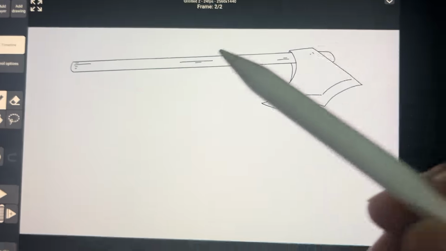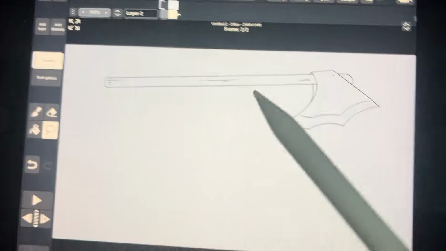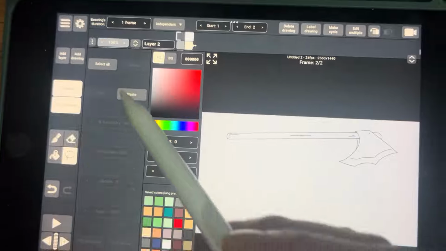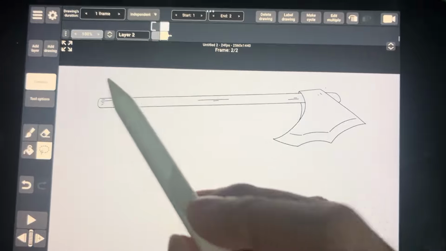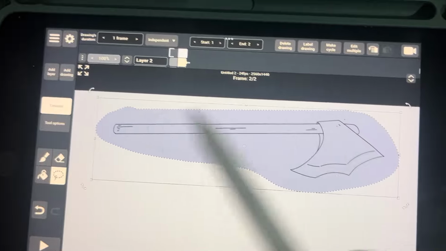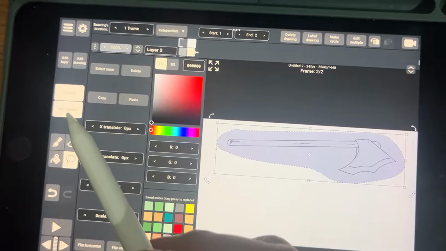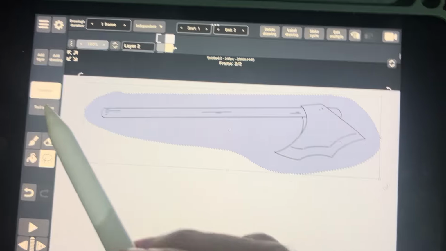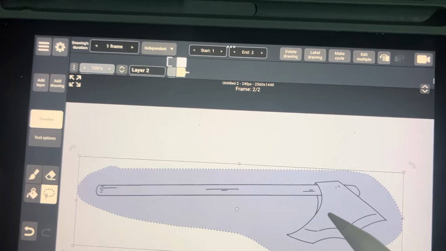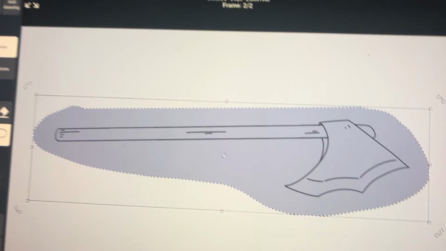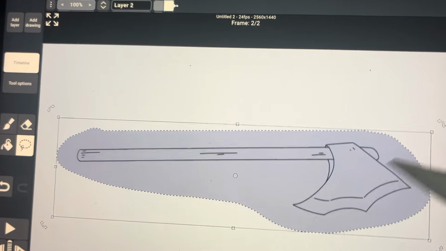Second tip is the lasso tool. Let's say you copy something or you want to move something rather. For example, I want to rotate this axe.